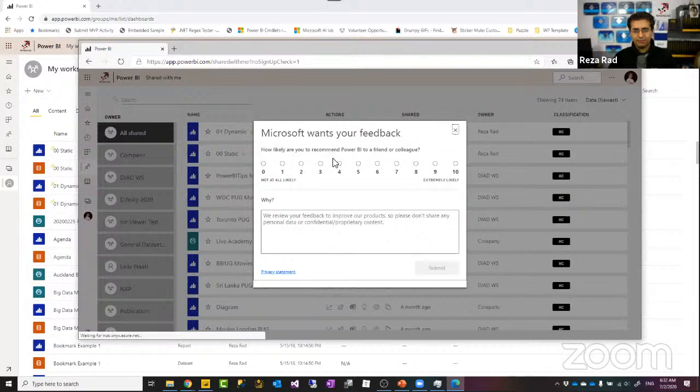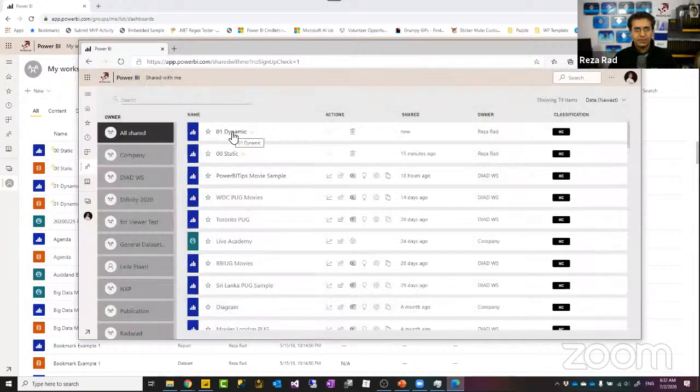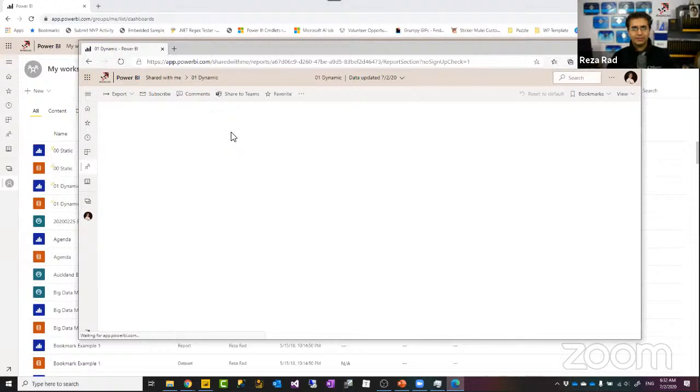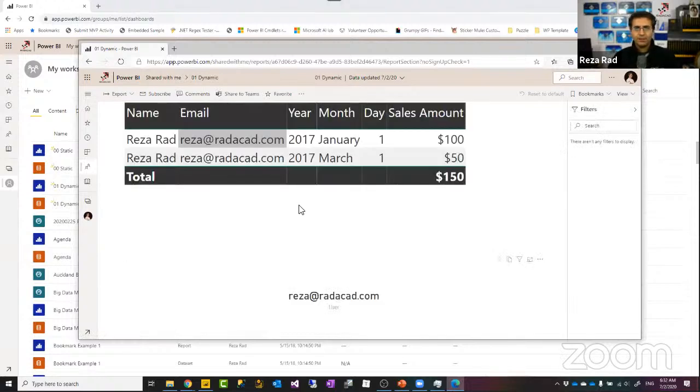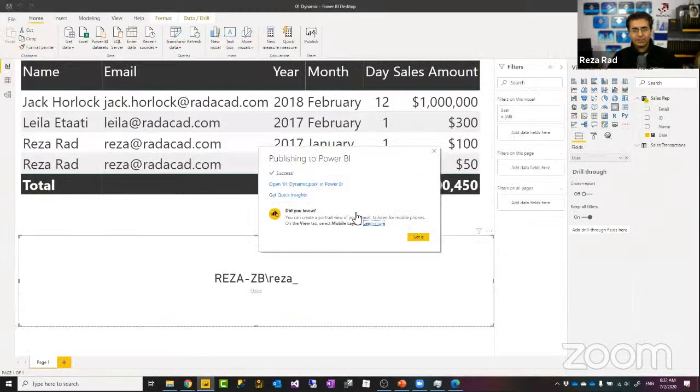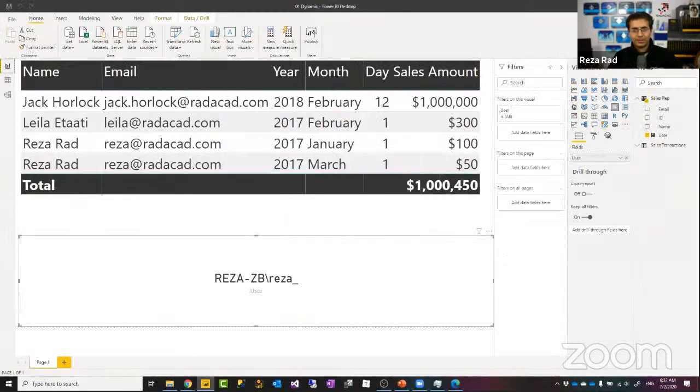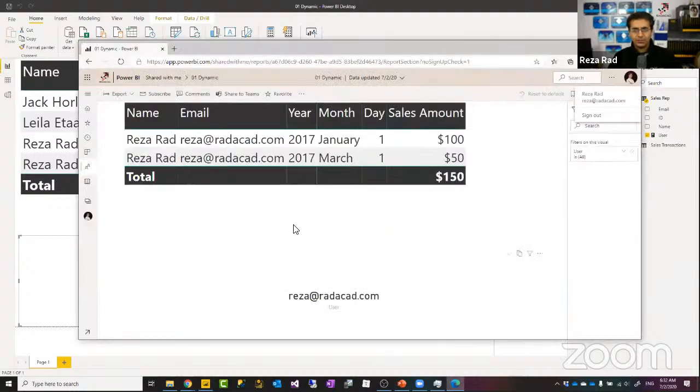Okay, not a feedback just right now. And clicking on this, and this will open, and I can see this is my account that I logged in, this account, and I see only my own transactions, where the actual data is like 4 records. I see only 2 transactions which belong to me.